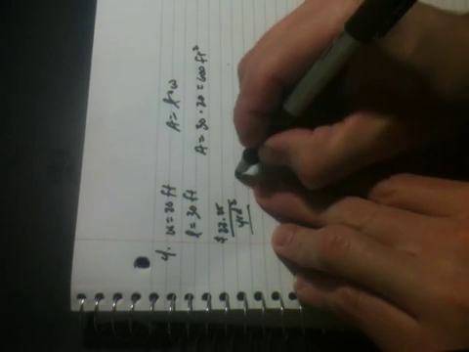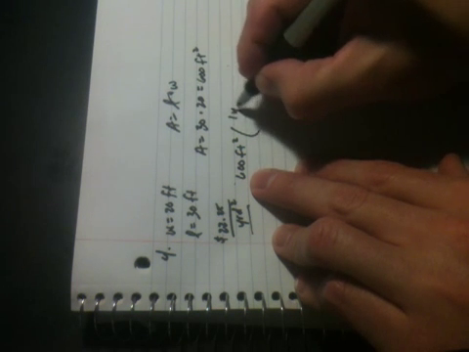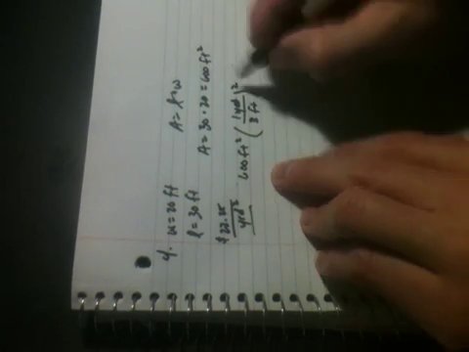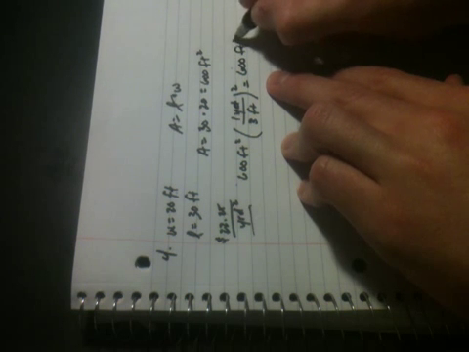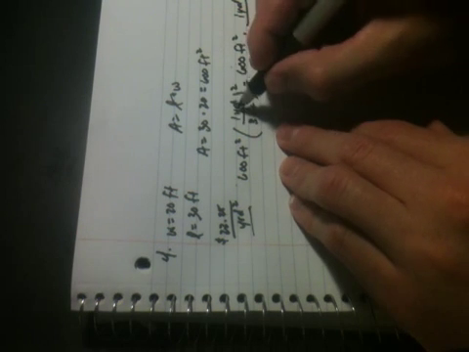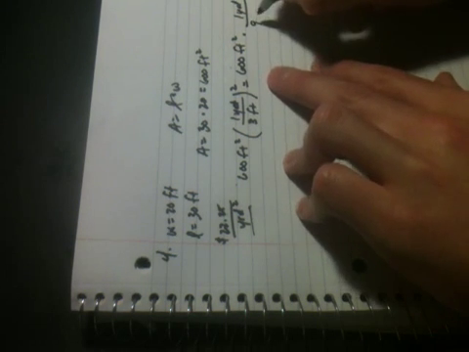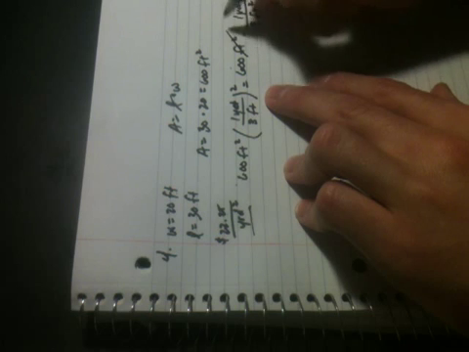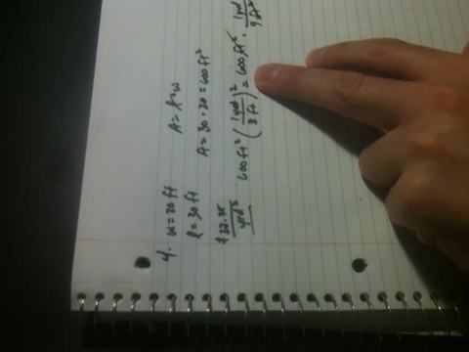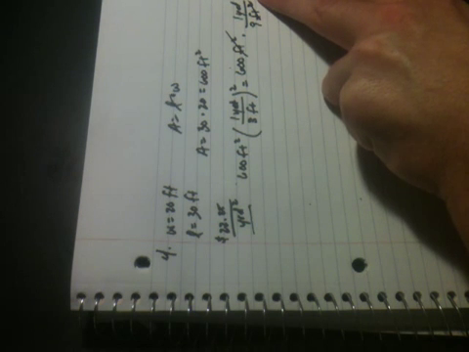For every 600 feet squared, there's going to be 1 yard per 3 feet squared, or 600 feet squared times 1 yard squared, and then 3 squared will be 9, and there'll be 3 feet squared. Units will cancel, leaving us with 600 divided by 9 to equal 66.67